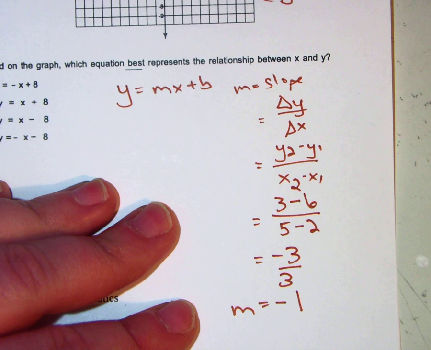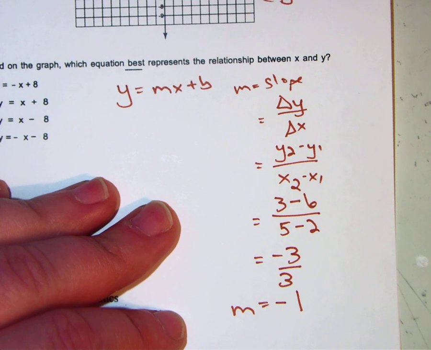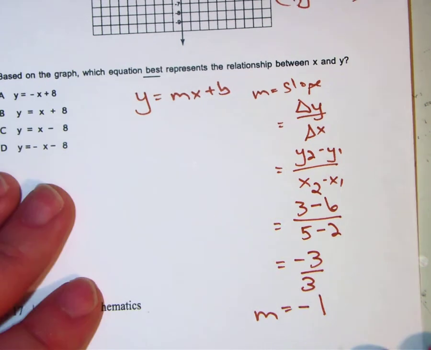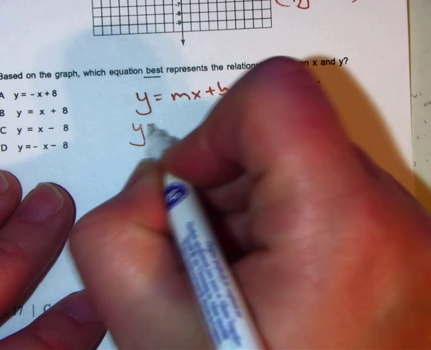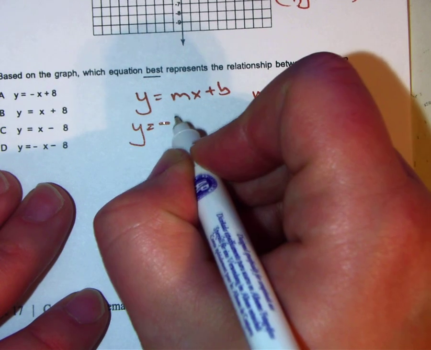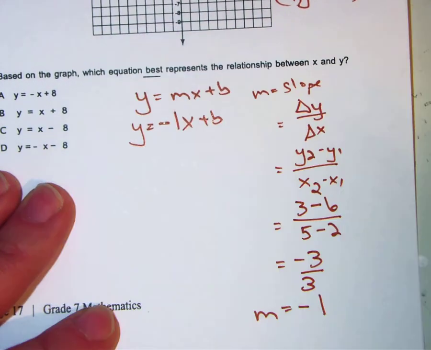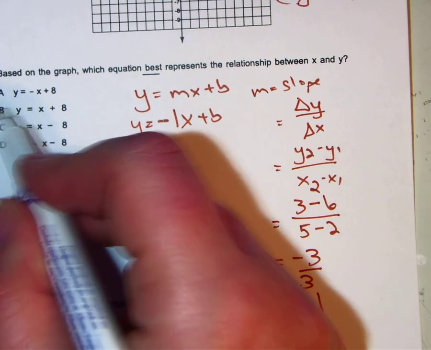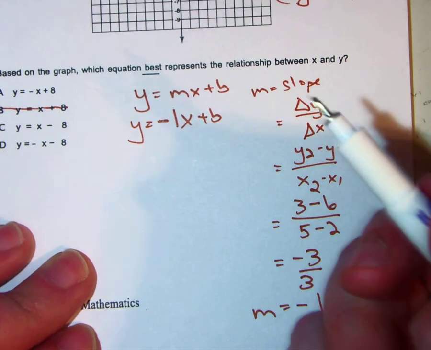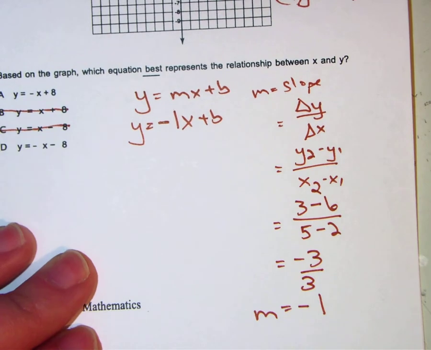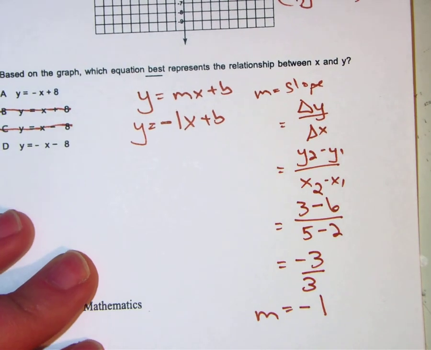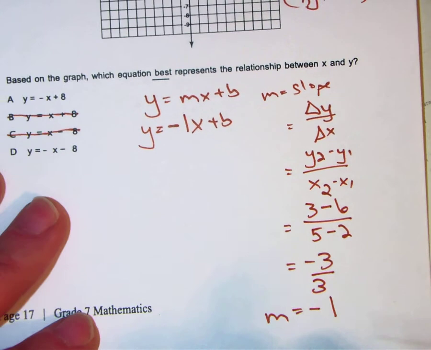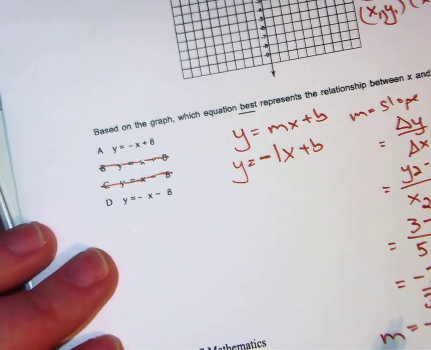So let's look at the different ones that have up here. So we can go ahead back up here. We can put y equals negative 1x plus b. Okay, so if you see that, you know definitely that b is not going to be your answer, and c is not going to be your answer because they do not have a negative slope. So that's definitely not it. Now, okay, so let's look. We've got to find b. And actually, I know that b is